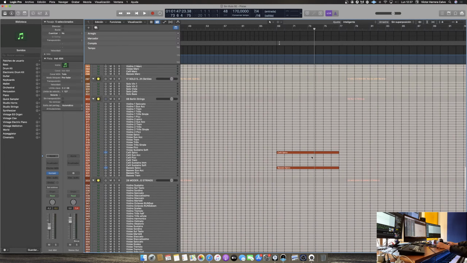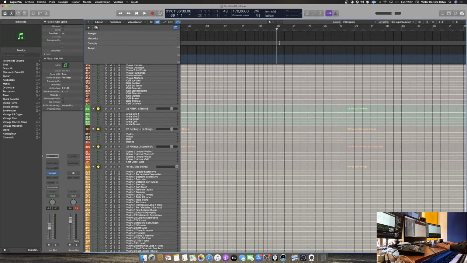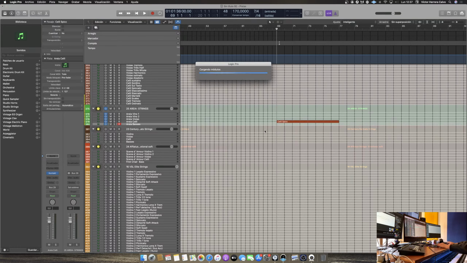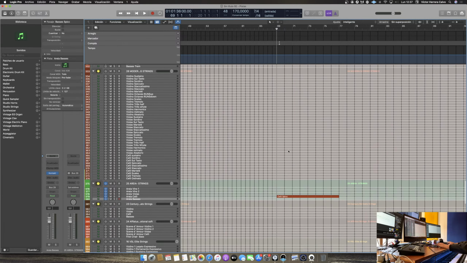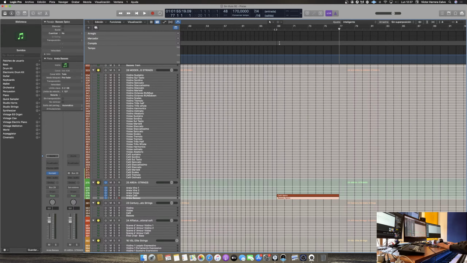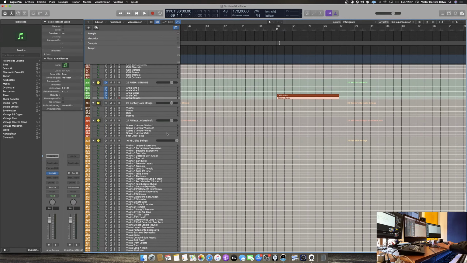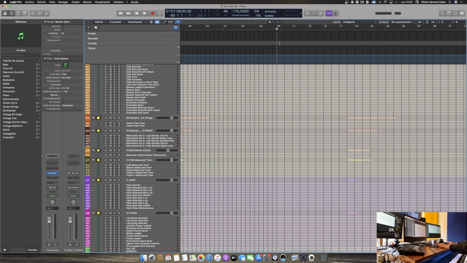Like, for example, here I will probably just double the telly with Areia. This library is great for epic strings. I would say I use it quite a lot in trailer music. Also the basses probably are interesting to be doubled with that, but basses usually I'm going to just double with Metropolis Ark 5. I love the short low strings here. They are super, super, super